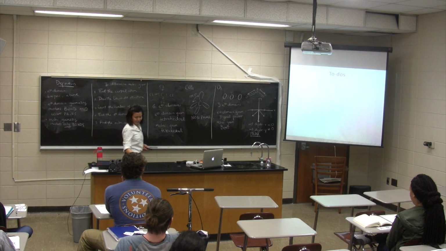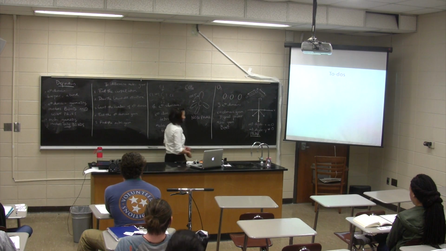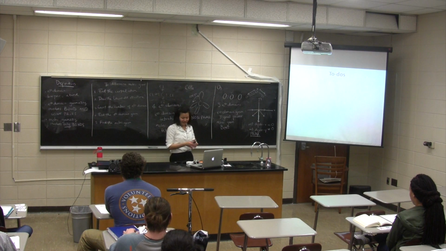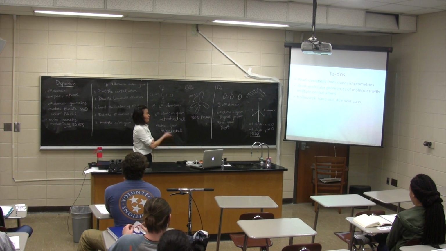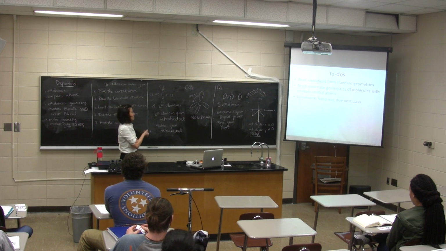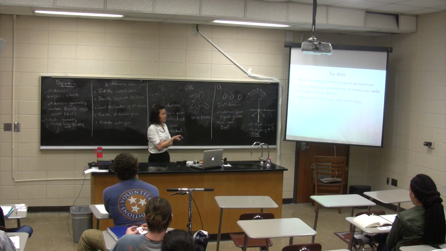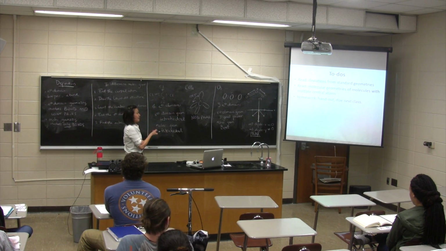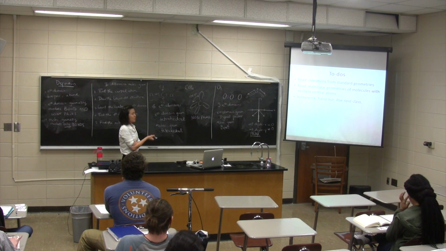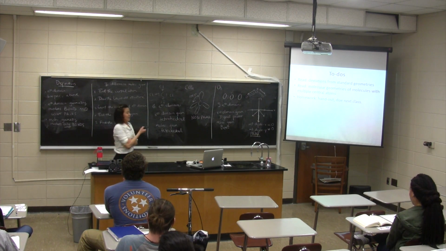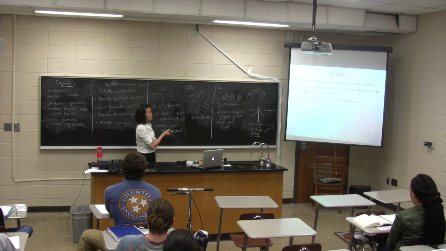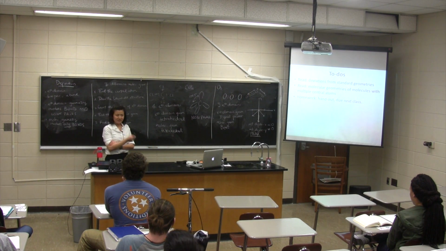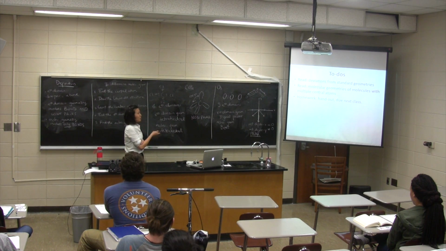Okay, so now on to the to-do list for when you get home. Of course, I couldn't cover everything in class. So when you go home, you're going to have to read up on deviations from standard geometries. Okay? We covered most standard shapes, but there are deviations, of course, as with everything in life. And you need to learn the molecular geometry of molecules with multiple central atoms. Molecules with one central atom are not that interesting yet. We want to go bigger, and we want to know how it is shaped overall in 3D.